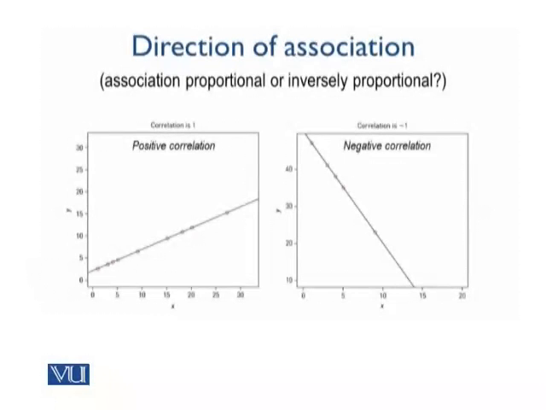As you can see in the slide now, you can have a positive correlation or a negative correlation. In a positive correlation, consider the scatter plot of the two variables, a graph in which a single point is a pair of variables, where the two associated variables are paired together. So you would have an x variable and a y variable, and you have many of these points and you plot all of these on the graph.